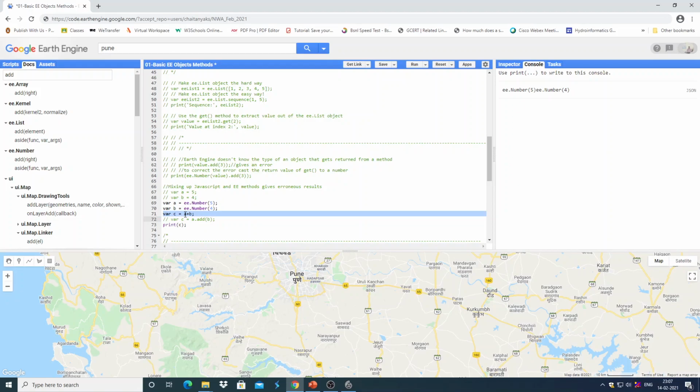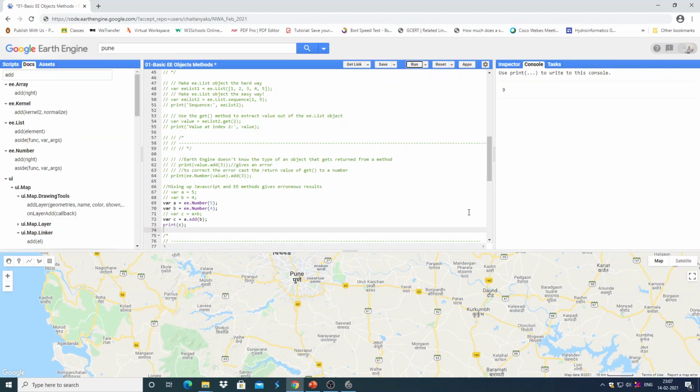We will comment out the portion which is giving us the error, and use the Earth Engine method to operate upon two Earth Engine objects. So variable c is a.add(b). It will give the correct result now, and we are printing c, which is 9. 5 plus 4 is 9. Again, c is not a usual JavaScript data type number, but an Earth Engine number object.